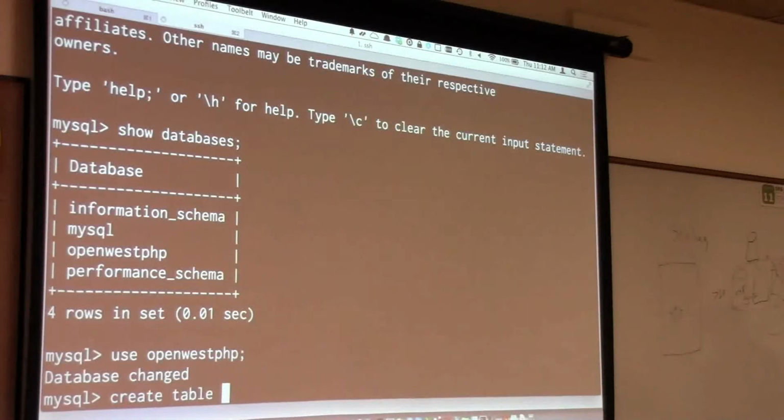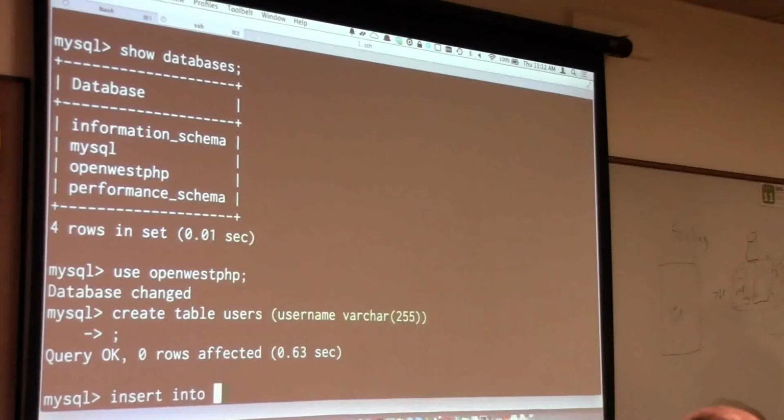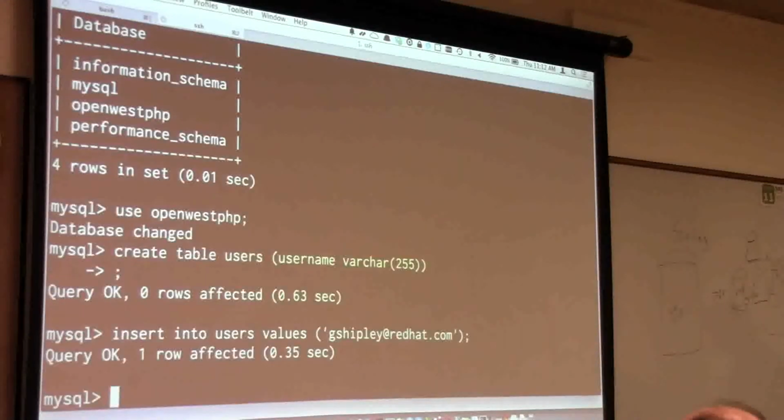So create table users, username, insert into. So the only reason I'm doing that is to show you do have full admin access over the database. You can create new schema, you can insert, whatever you expect to do